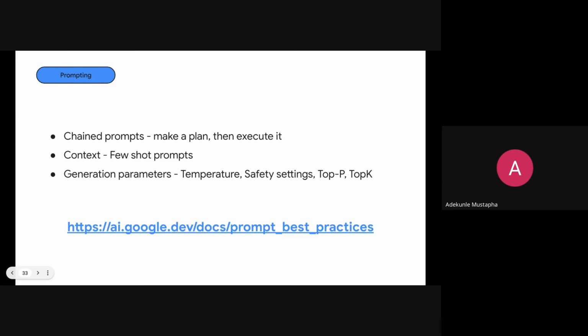It more often than not makes correct assumptions, but there are some edge cases whereby maybe it's a string and it's taking it as an integer. Maybe the text is not descriptive enough for it to see it as an integer. So all these things can happen. So more often than not, breaking your prompt into smaller atomic steps can help Gemini give you a better response. When you also add context, it becomes more helpful, so the model is able to remember some facts that you've given it and work better, with all the information that it needs to answer that particular question.